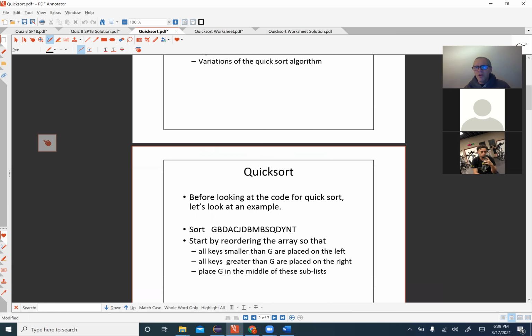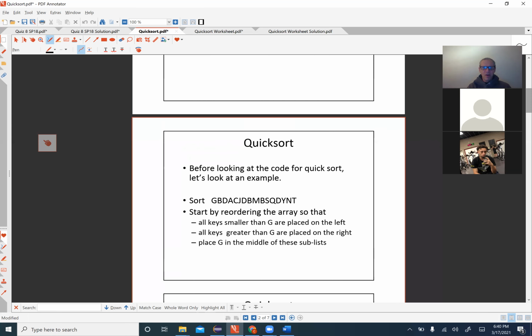So the G would actually have to go in position 8, right? In positions 0 through 7, you'd have the 8 characters that are less than G. So in this case, I know that the G is going to have to go to position 8. When we sort this, the G would be in position 8. And so what's going to happen is you're going to put the G in position 8, and then everything